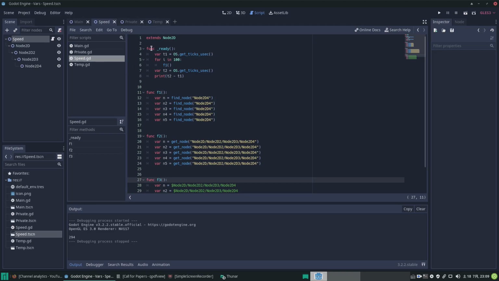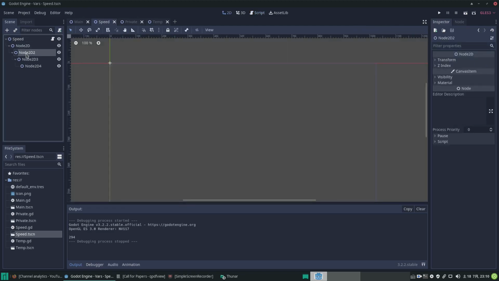And you can see in the ready function we have a var, which is grabbing the OS get_ticks_usec function. There's a million ticks per second available here, so we're going to grab it as our time reference of t1, and then we're going to loop through 100 iterations of calling our function f1, which will look for the nodes. We've got various nodes set up here, like a